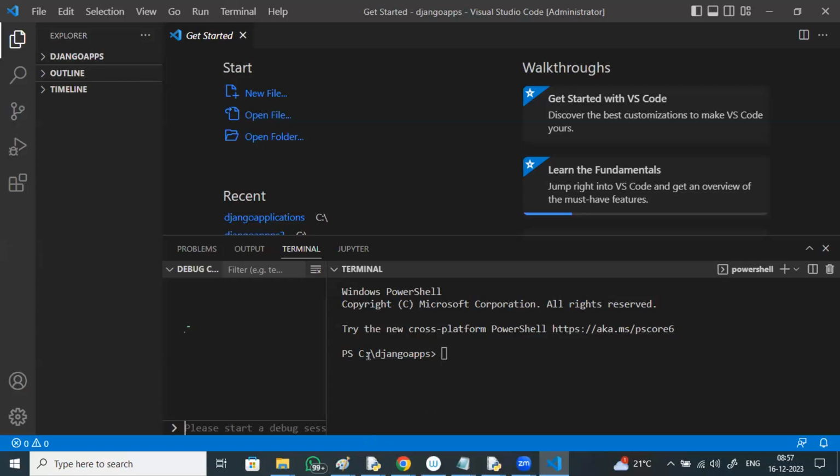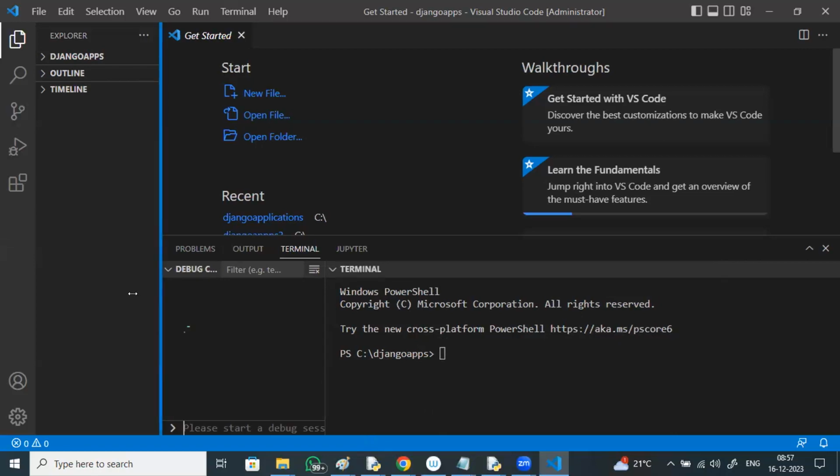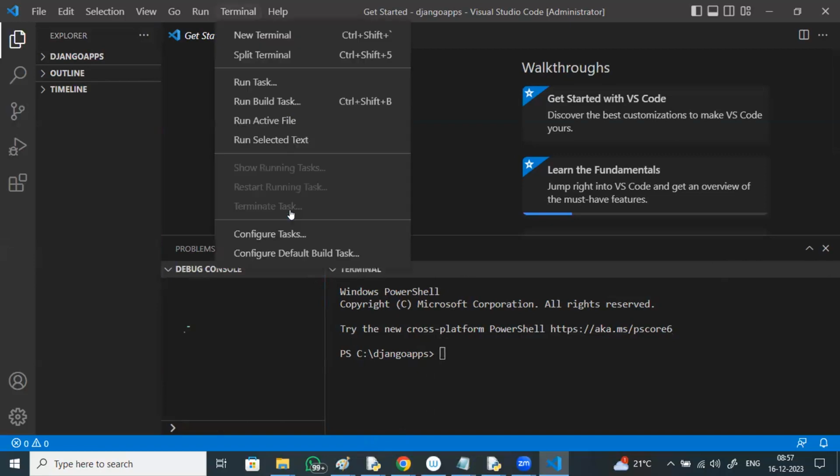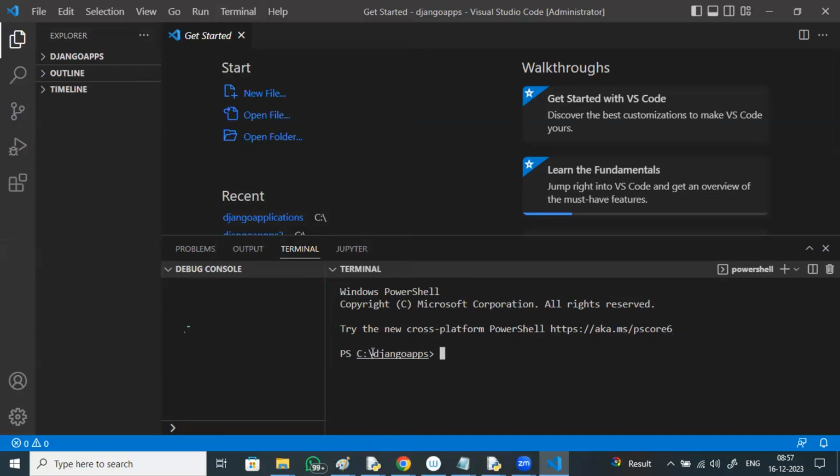I've got this terminal. By default, you get the path C:\Django apps. What is it? You got C:\Django apps.